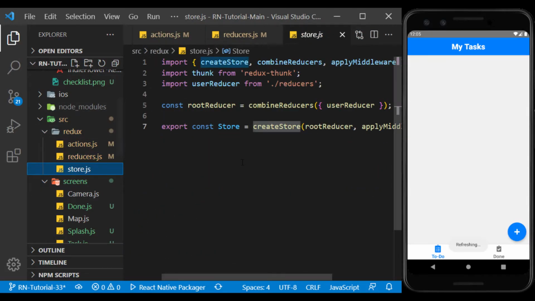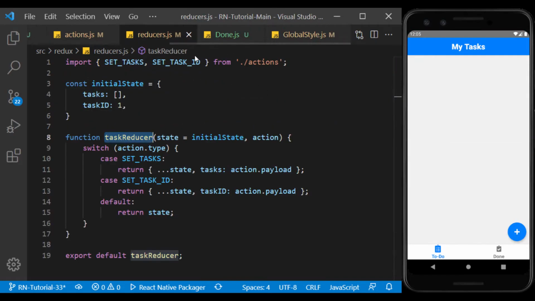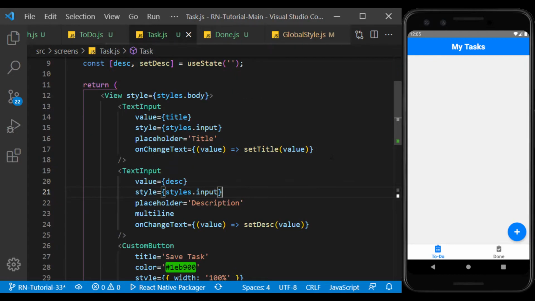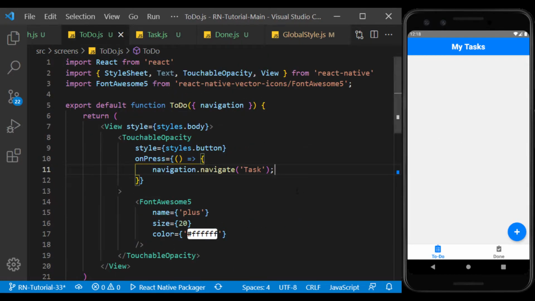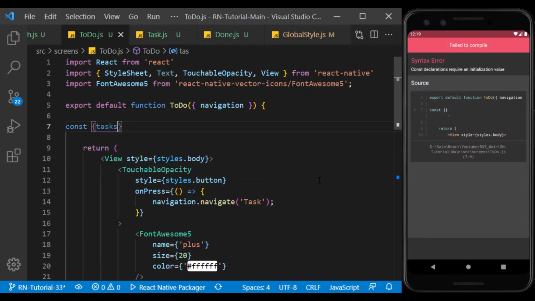In the store file, I modify the reducer name. Well, now we are preparing the to-do file to use Redux states.